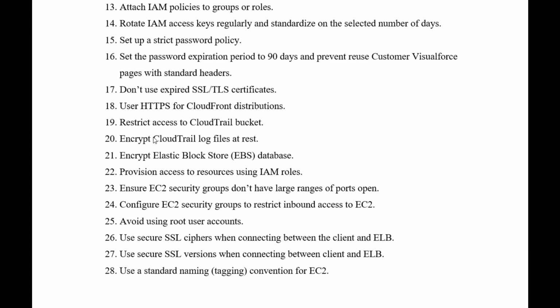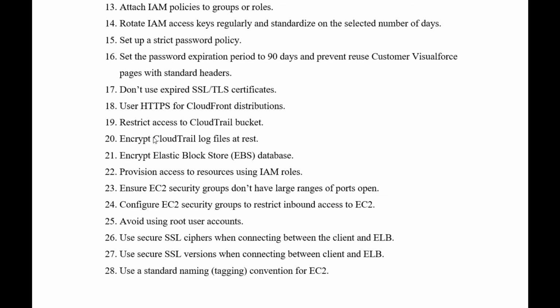CloudFront is a content delivery network which is provided as a service in AWS. So make sure you use HTTPS. That is again used by AWS Certificate Manager to have HTTPS, or else you can import certificates to that service and use your own certificates as well.